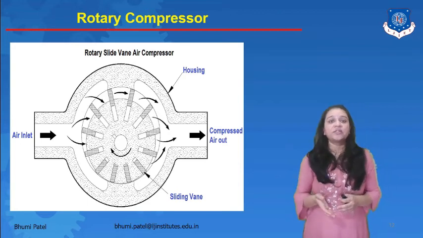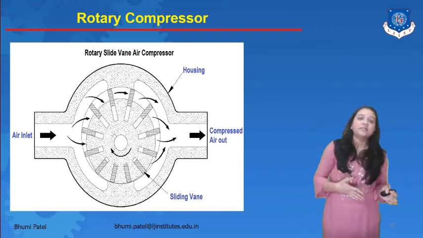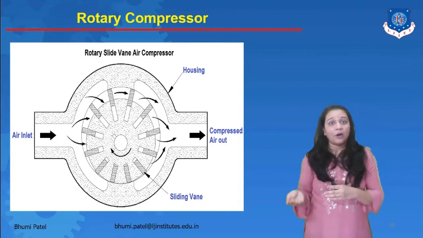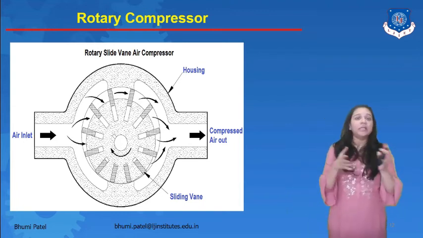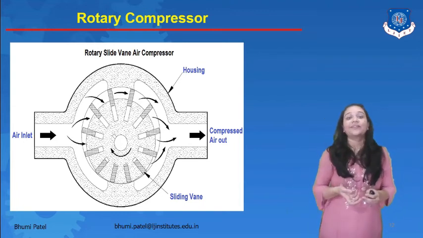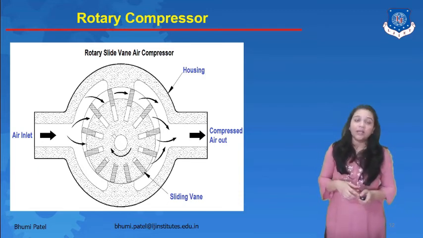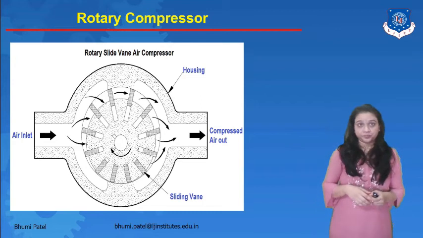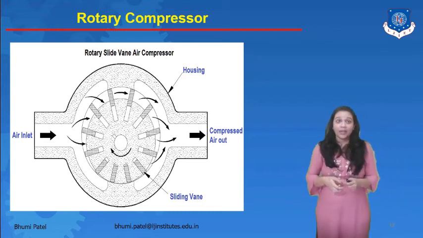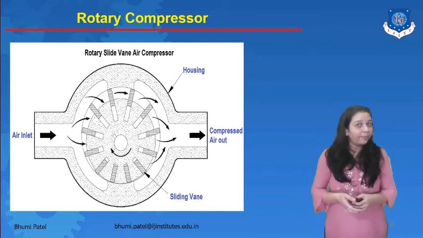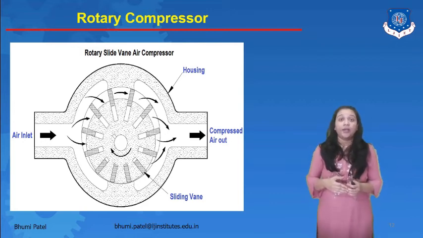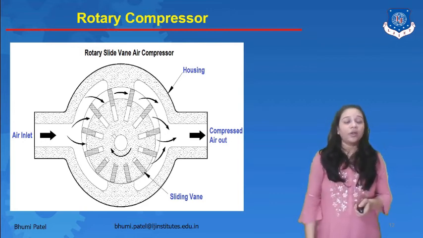So the same function is there. Here an inlet valve is there, and a compressed air outlet valve is there. Between the inlet and outlet, we can connect a sliding vane in a rotating manner. The rotary compressor works in an angular formation, and for the protection of the rotary compressor, we connect a housing in the outer layer.